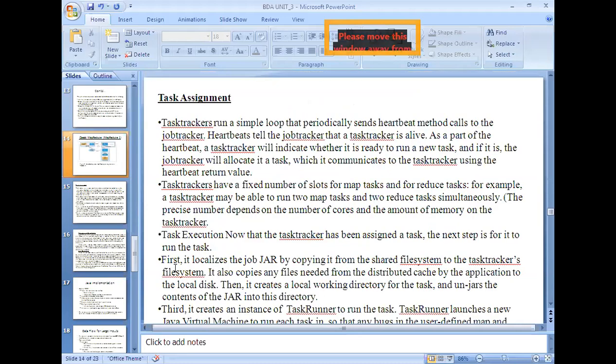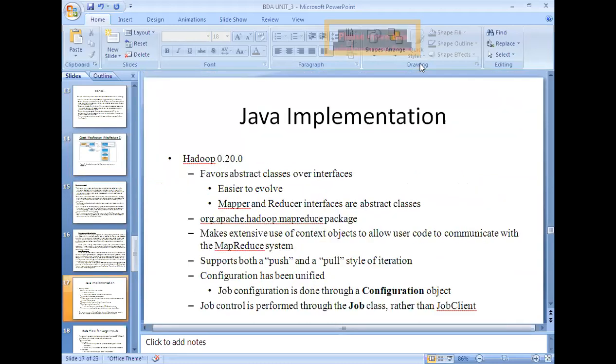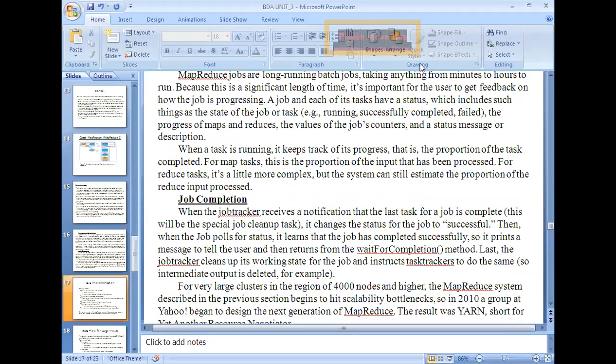Any queries? Do you have any queries? Please respond. Did you understand in what way we are supposed to analyze the data with the MapReduce framework? You need not be an expert as of now, because this is the initial stage.